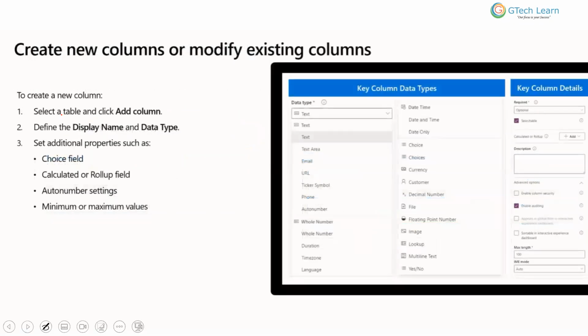The next thing is, whenever we are talking about creating some new columns or modifying some existing columns in the Dataverse, how can we achieve that goal? For achieving that goal, here are the steps written. One more thing: whenever we are discussing any sorts of steps, you need to remember those steps as well before going to the examination, because in the examinations they are going to provide you the steps,